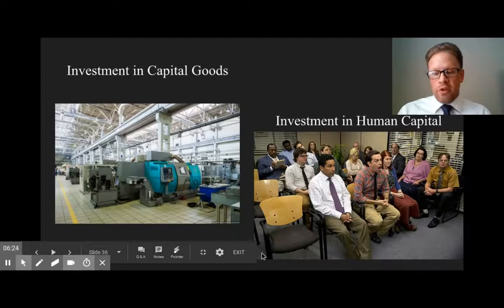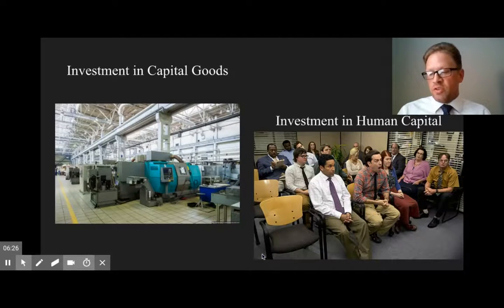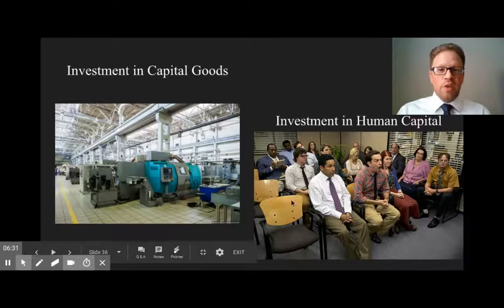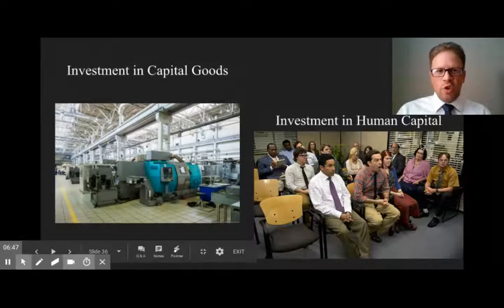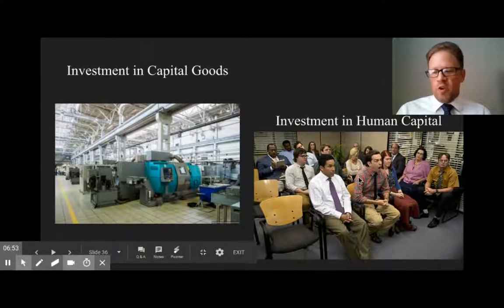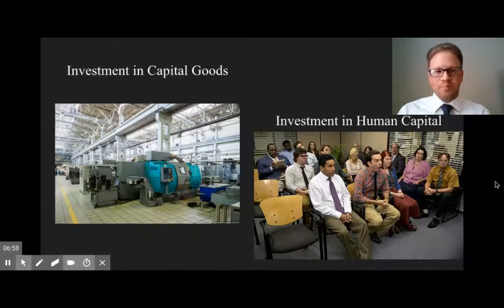Investment in human capital occurs when labor receives additional education and or training. So possibly maybe you decide to go to a training seminar, maybe you decide to go to college, maybe you decide to go to some type of certification program, whatever it is you decide to do. The logic is you're spending less time actually doing what you might do to make a living, but they are giving you skills so that when you do decide to go back to work, you'll be able to produce more product than you previously did.